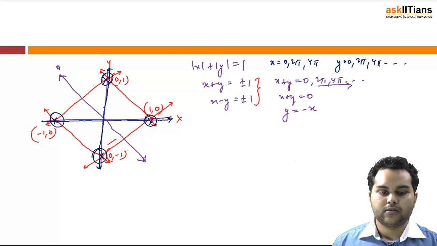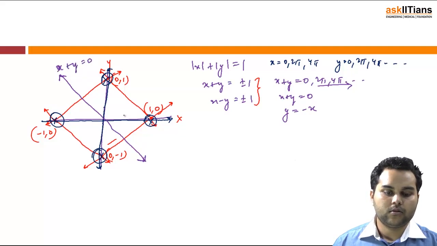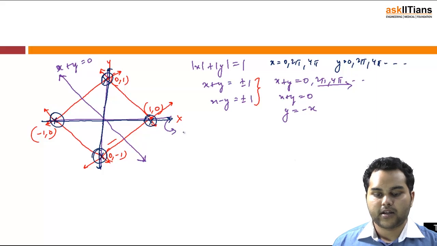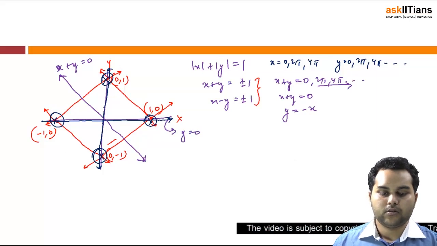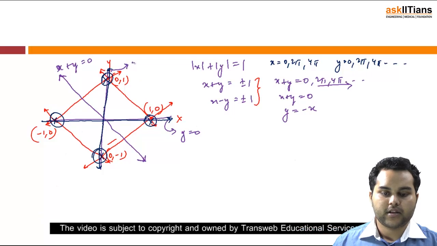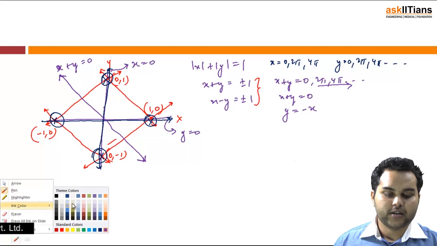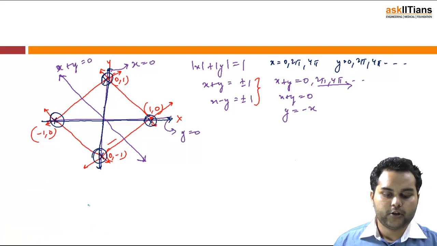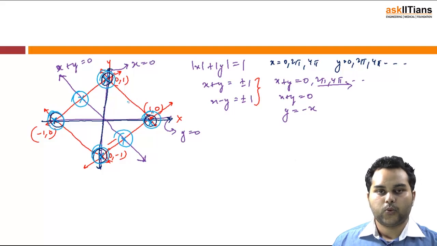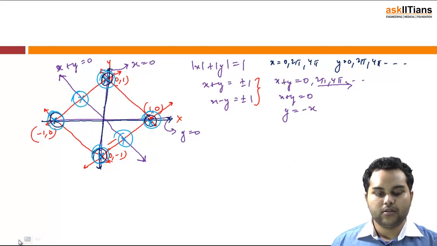So that is x plus y is equal to 0, and this line is y is equal to 0, this line being x is equal to 0. So now I have the points of intersection. I will be marking them. Now marking the point of intersections. So that is first, second, third, fourth, fifth and sixth. So basically if I try to sum up this question at once,